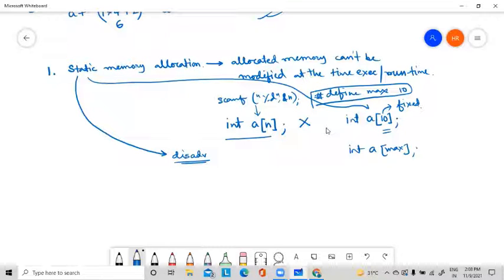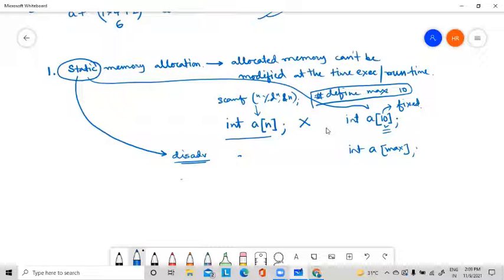Now we will go to the disadvantages. The static allocation of memory is one kind of disadvantage of an array. Why? If my size is already fixed, if I already decided that my array size is 10, it means if we require more than 10 elements, then it will not allocate or will not perform correctly. This is one kind of shortage of memory.